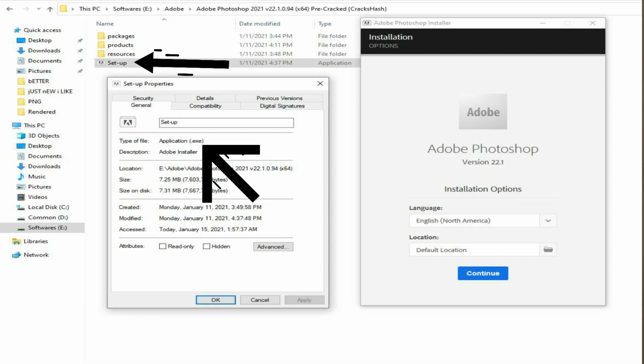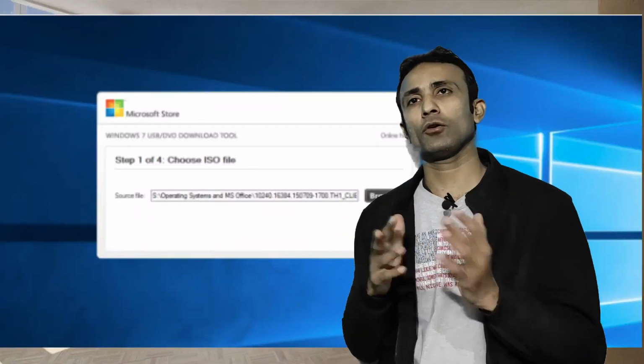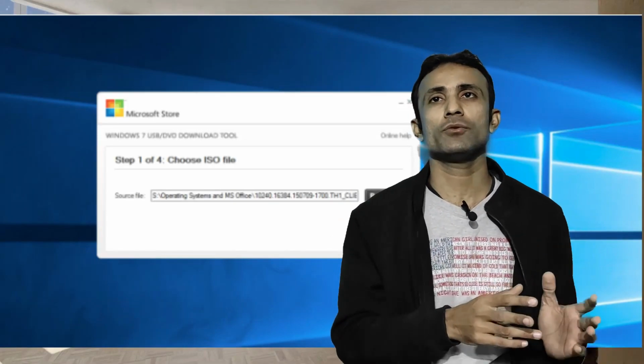When we download the software, there comes a setup file. So what is a setup file? It's a packed executable file. When we double click the software, it asks you to extract the rest of the packed files into a particular location. So simply what you need to do is give the location to install the particular software